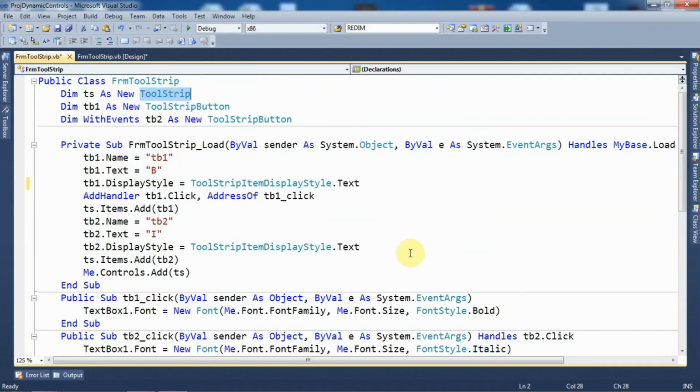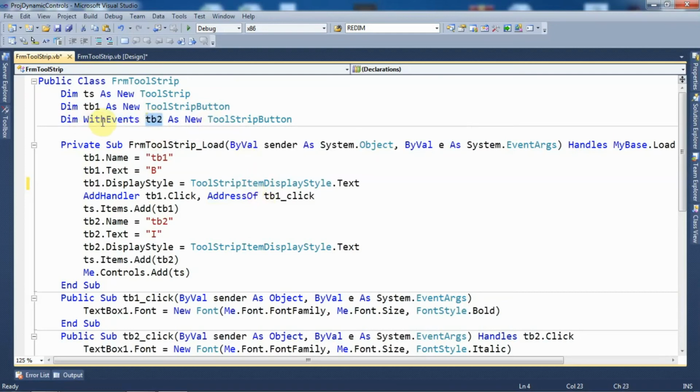So this is how we can create a toolstrip control dynamically at runtime, and within that toolstrip control we can also add different kinds of controls, that is a button control, or a text box control, or a combo box control. Means whichever controls are supported by the toolstrip control, you can add those by creating the object of it within the items collection of the toolstrip control, and after that we need to add that toolstrip control on the form. And obviously if you want to specify the event, there are two options. Either you can use the AddHandler keyword and specify the event name of that particular object, along with the address of the subroutine, or you can specify the WithEvents keyword at the time of the creation of the object of the control.